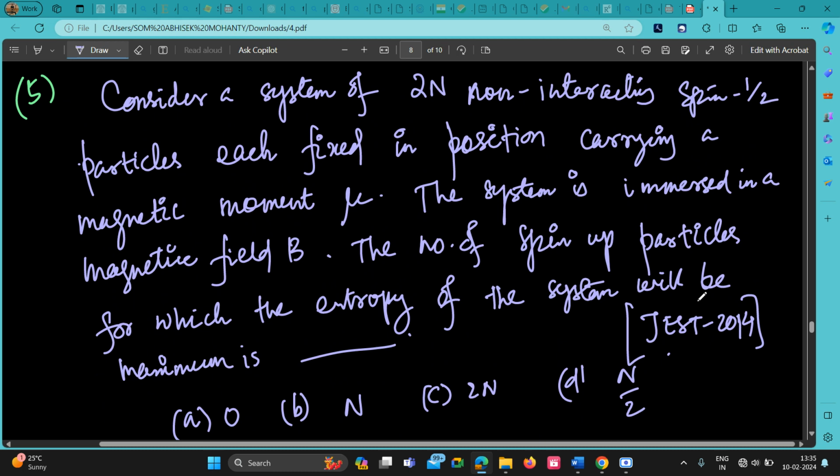This is a system of 2n non-interacting spin-up particles, each fixed in position, carrying a magnetic moment mu. The system is immersed in a magnetic field B. The number of spin-up particles for which the entropy of the system will be maximum is